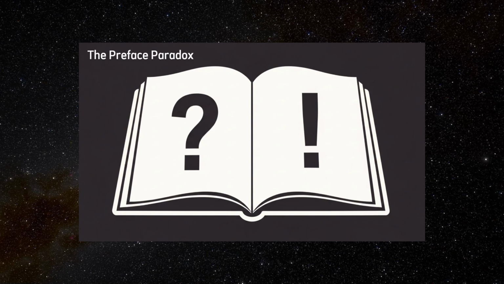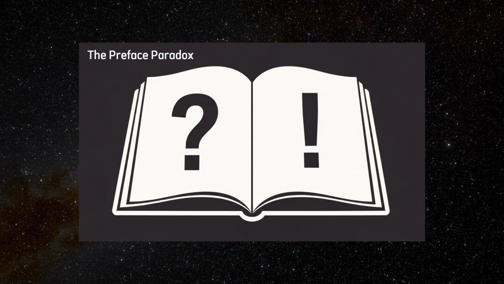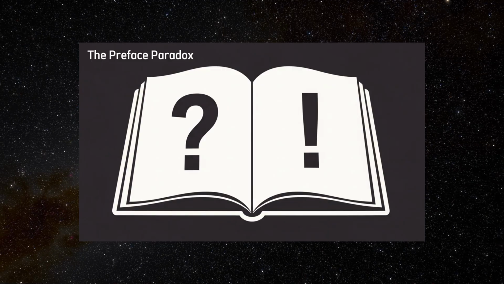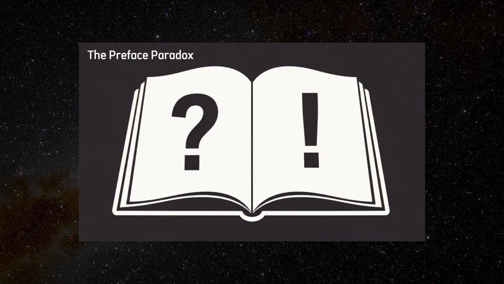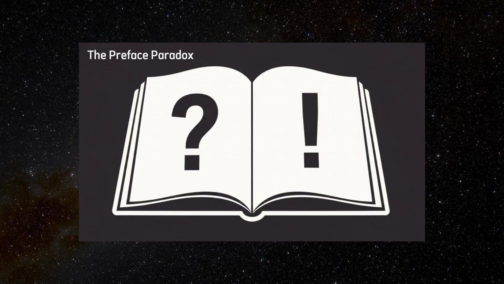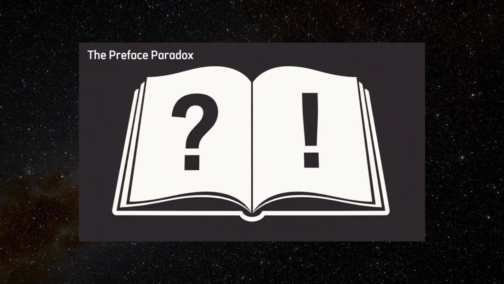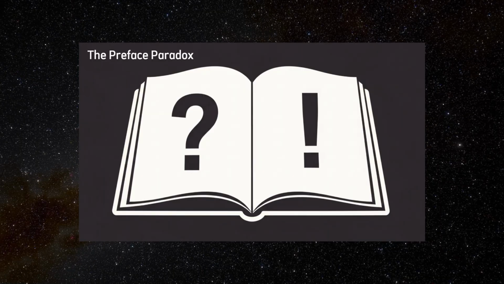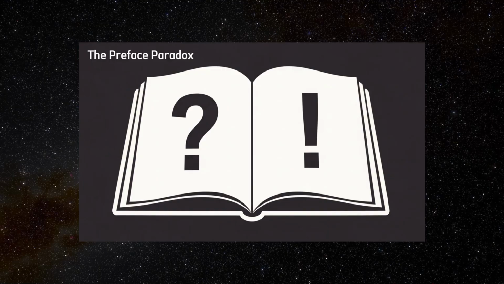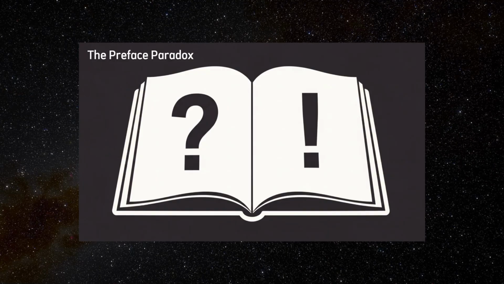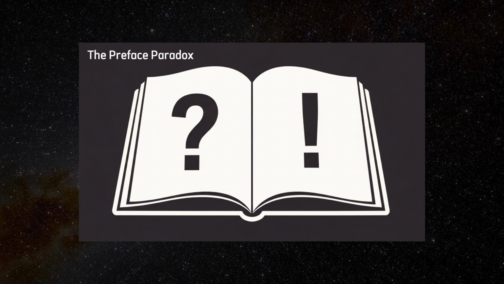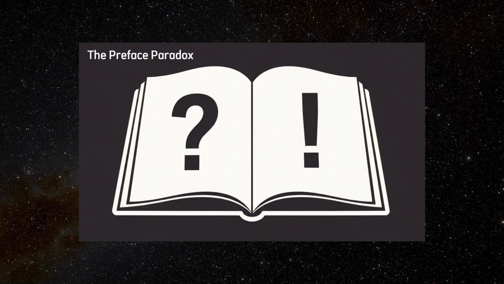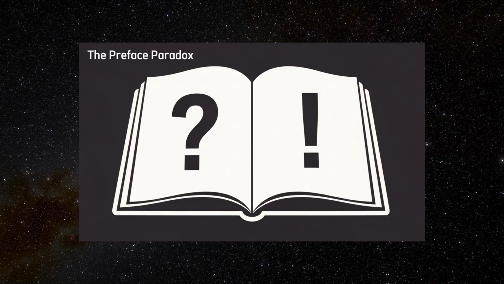But the author also believes a separate, collective proposition, that not all of the claims are true. In logical terms, this amounts to believing P1 and P2 and P3, and so on up to Pn, where each P is a claim in the book, while also believing not-(P1 and P2 and P3 and so on up to Pn). That is, the author believes both that all the claims are true and that not all the claims are true, an apparent contradiction. This raises the question: is it rational to hold a set of beliefs that, when conjoined, conflict with another belief you also hold?